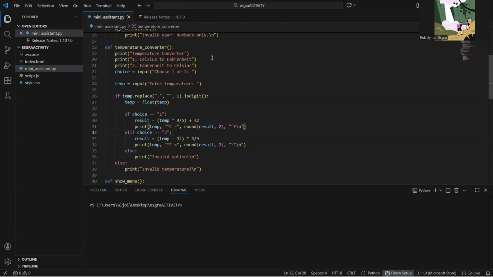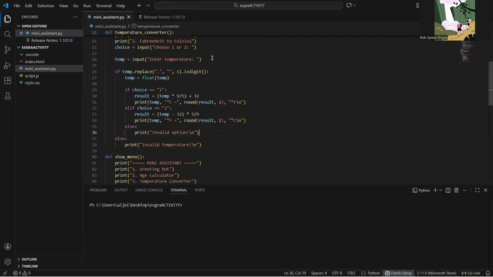And then if the choice is 2, it will convert Fahrenheit to Celsius, so temperature minus 32 times 5 divided by 9. Then the result will be rounded to two decimal places.